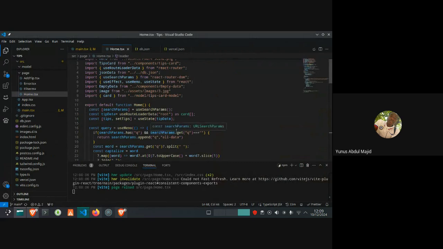Okay. So basically, let me try to debug it one by one and see if I can figure out the error here.